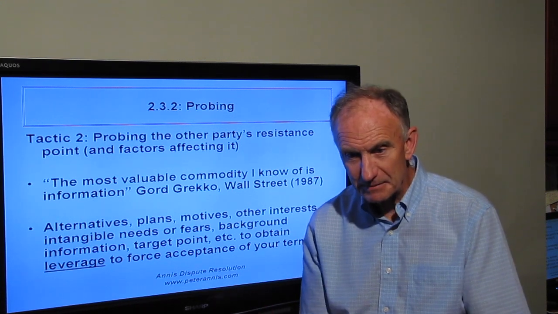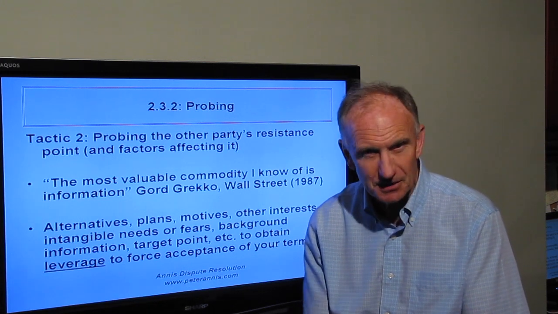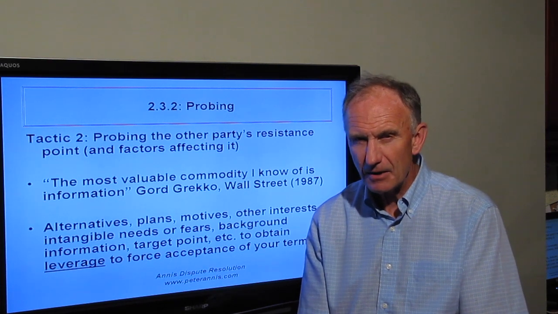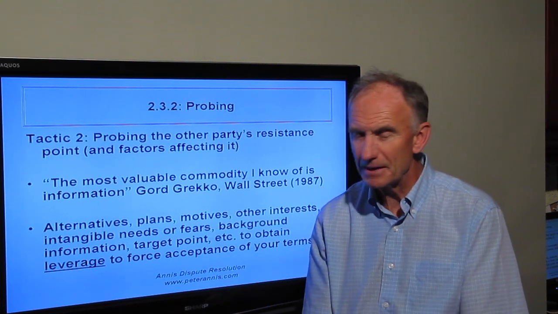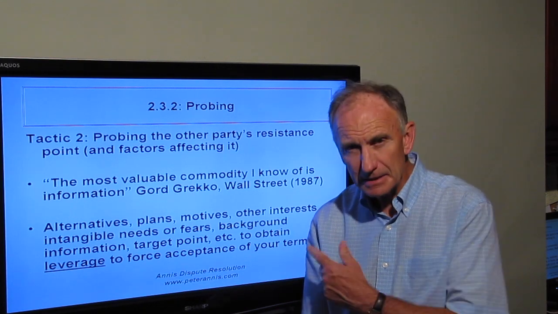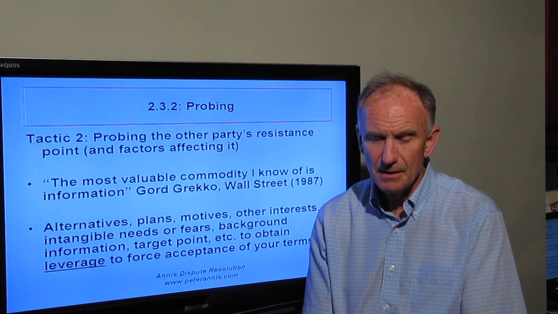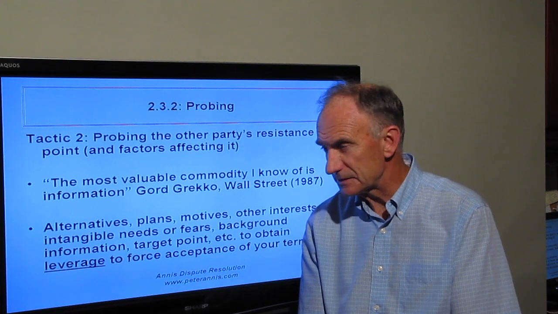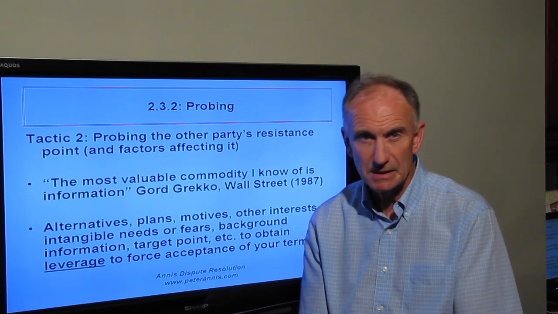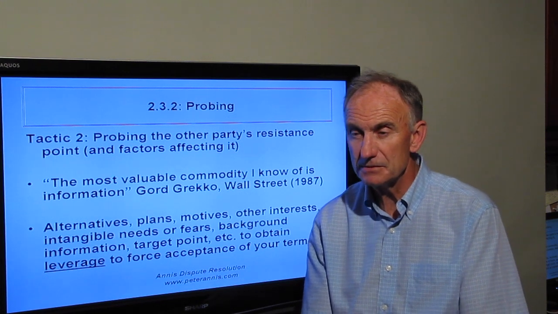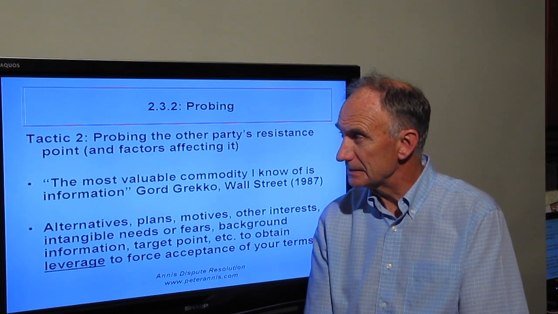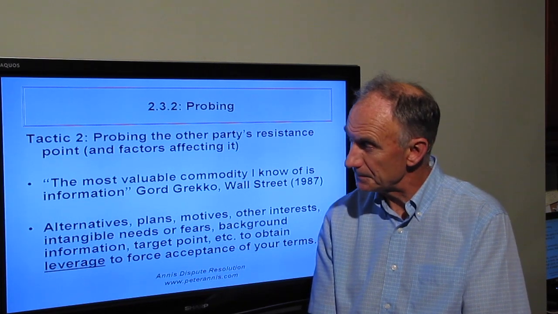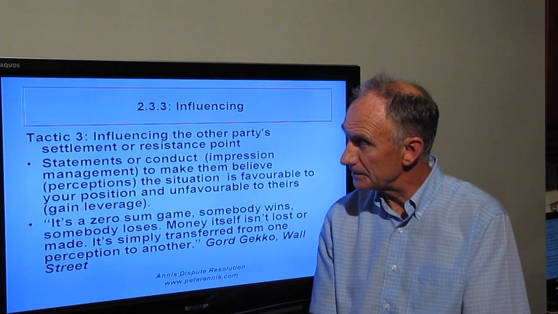At closing points, as things come down to a crunch, people start to become tense and they start to give away more information. So you observe very closely at these points, and you get an idea of how badly they want the deal, because that's the signal you're trying to get. And you listen carefully for the factors, the alternatives and motives, and you're trying to read fear or risk intolerance and things like that. You're trying to take all that from the process. So you're there trying to figure out where the resistance point is, and using your offers and responses as you go forward, and seeing what's happening, is intended to help outline where that resistance point is, as you think it through from your own strategy.